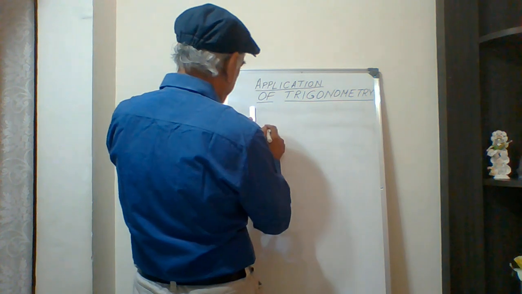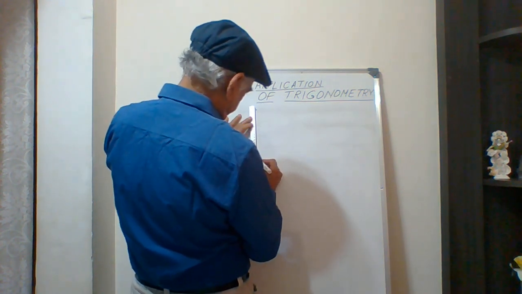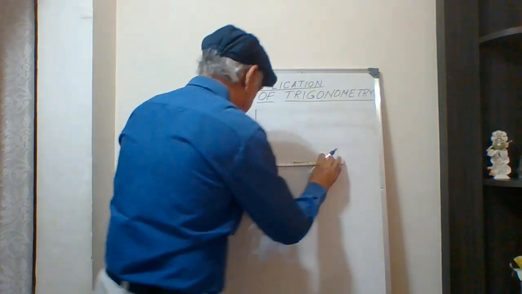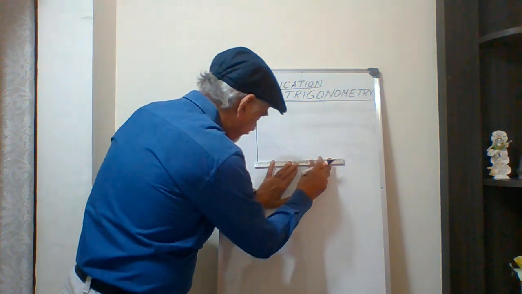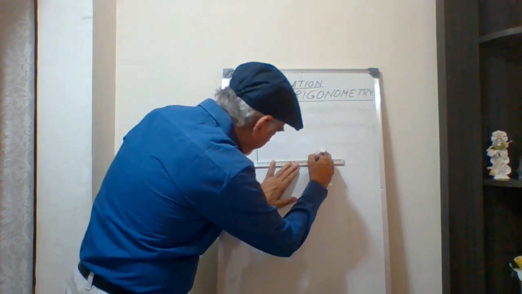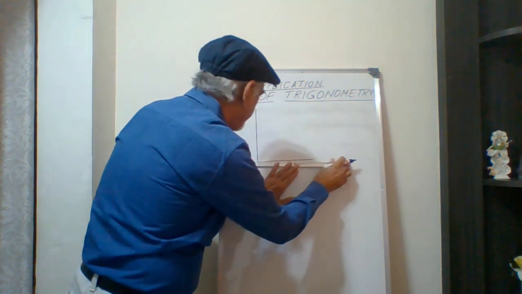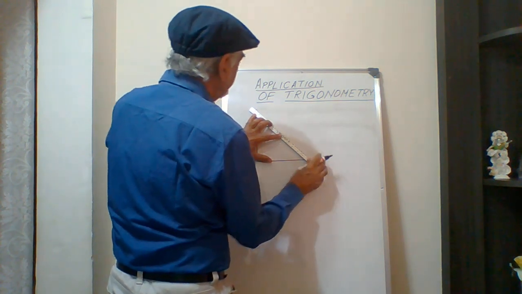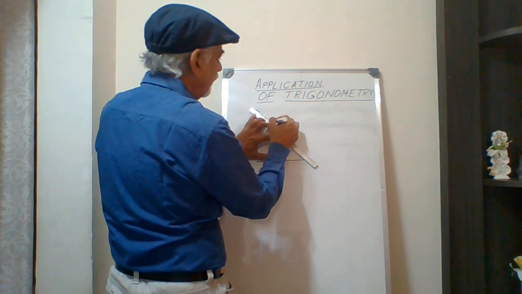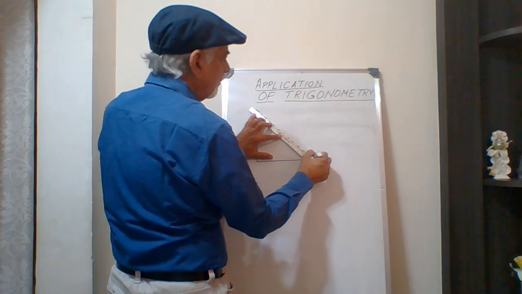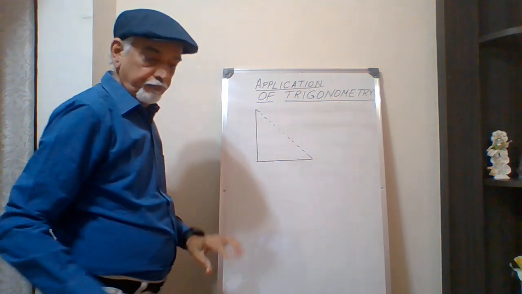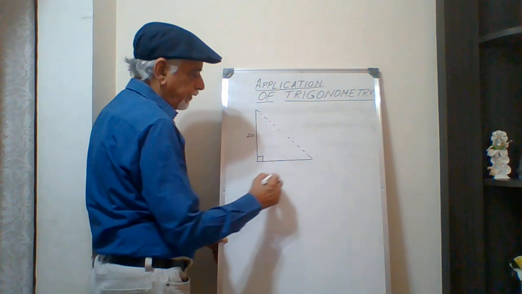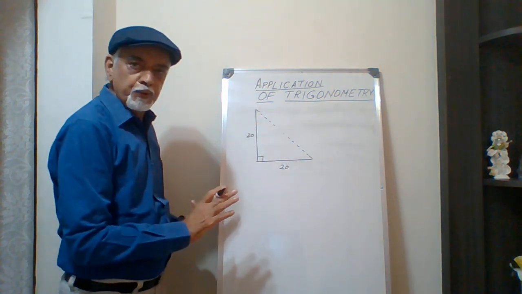So I take a measurement of some measurements here. This is 20. Again I draw another line of 20. It is here. And then I draw a dotted line along this hypotenuse. This is a dotted line. Now it's a triangle which is 90 degree here. This measurement I have drawn 20. This is also 20. These are all known to us.